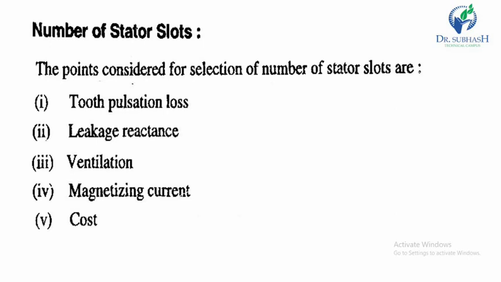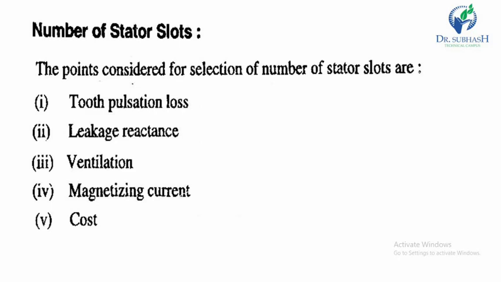Some disadvantages of taking a higher number of slots are increased cost, increased weight, increased magnetizing current, increased iron losses, poor cooling, increased temperature rise, or reduction in efficiency. The number of slots per phase should not be less than 2, otherwise the leakage reactance becomes high, and the number of slots should be selected to give an integral number of slots per pole per phase. The stator pole pitch at the air gap surface should be between 1.5 to 2.5 centimeters.